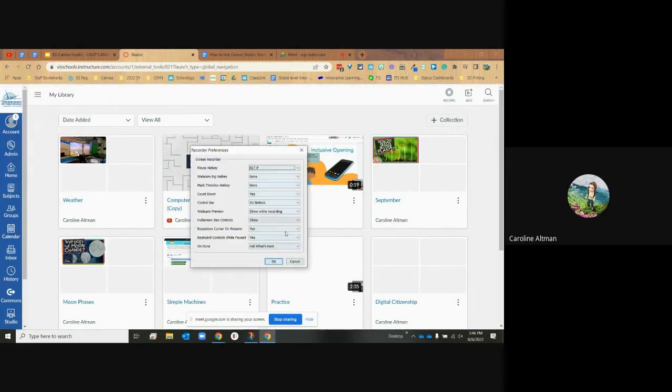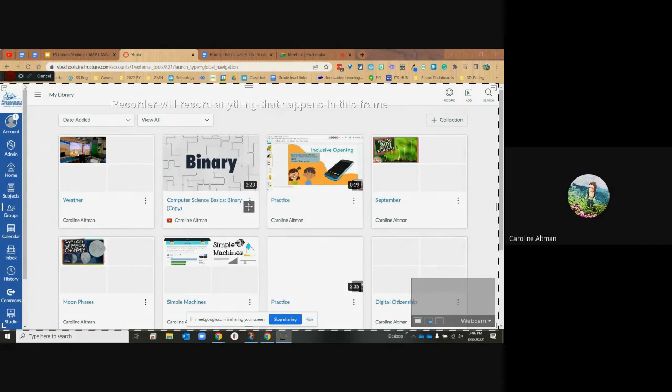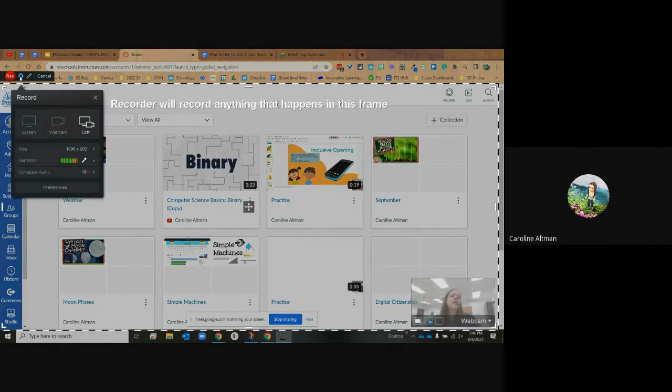You have different preferences if you want to set up keys. So there's a lot of different options with this that you can do for recording. So then it tells me, you can see the little dotted line where everything inside of the dotted line is what will record. And then I would just click the record button right up here and it would start recording. So that is the recording feature inside of